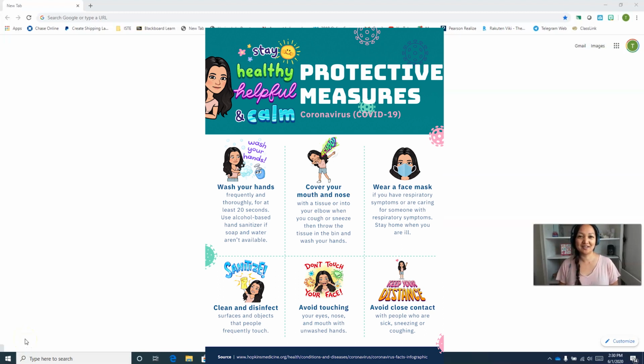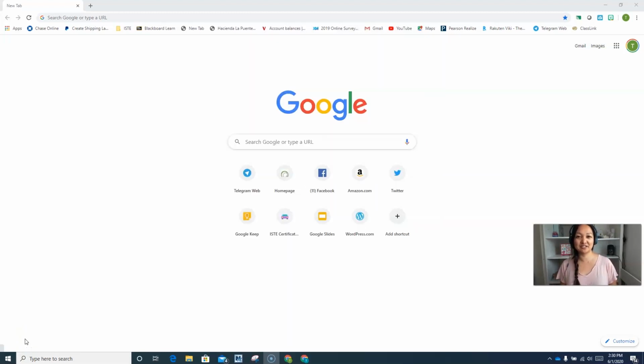I've been getting some requests on how to make a poster and put Bitmojis into your poster. So I'm going to share with you what I use. I like to use Piktochart, and the way you get there is you can go into your Omnibox and